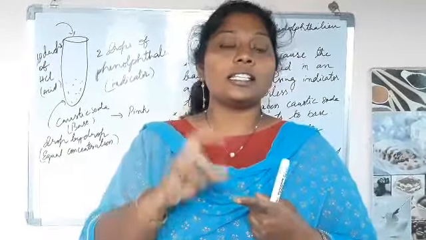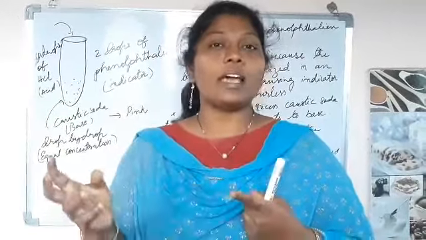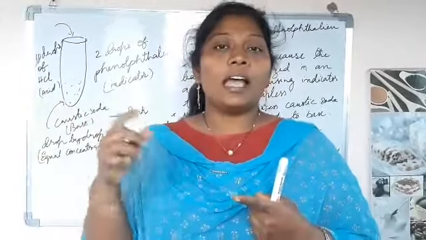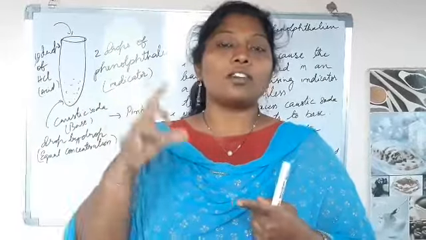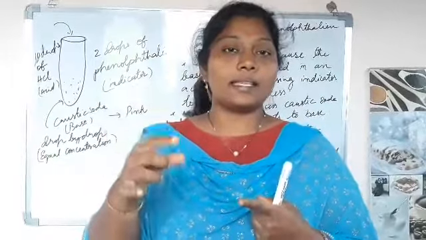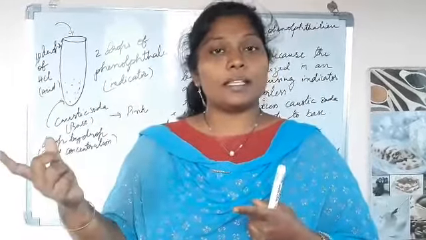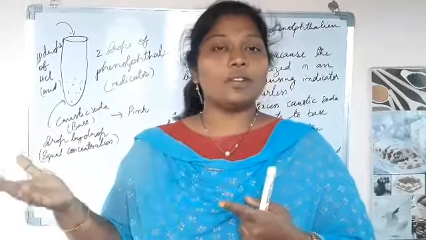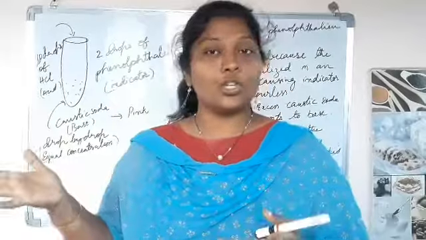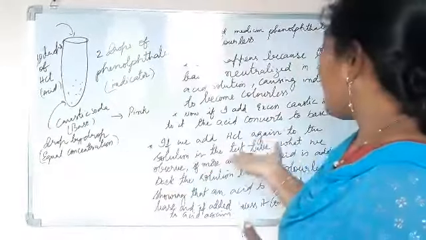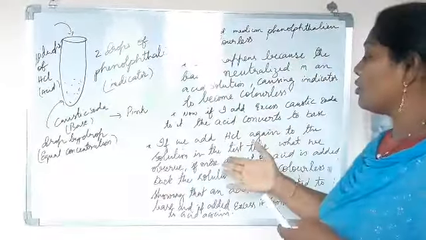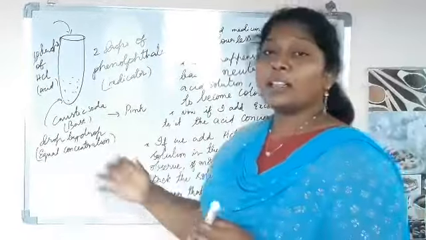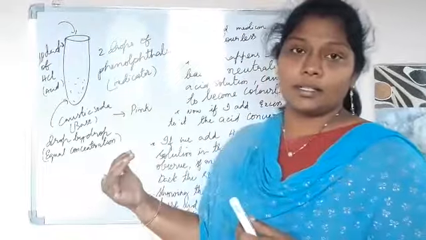If we are taking the sample as base and now we are adding excess of acid, the result will be acid. Okay, excess of what is added? If excess of base is added, the result will be base, and if excess of acid is added, the solution will become an acidic solution. See, if we add HCl again to the solution in the test tube, we will try this one, whether the reaction is reversible.